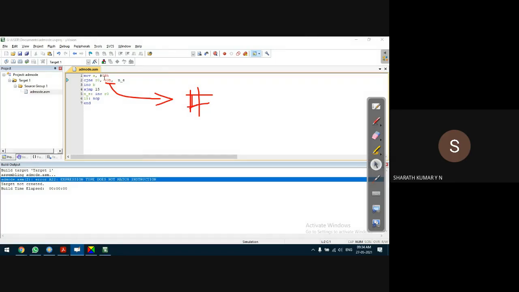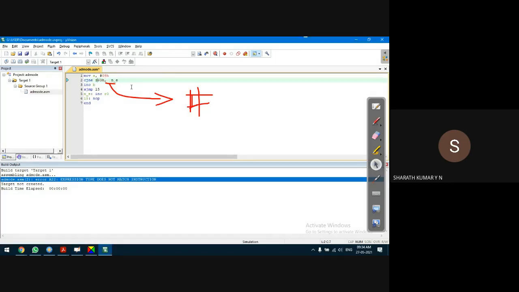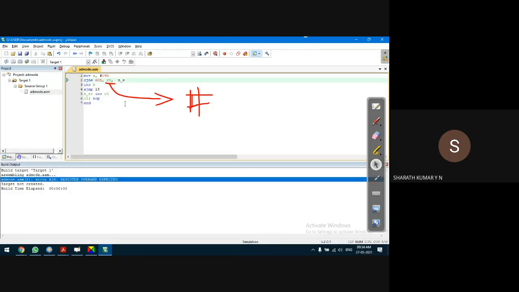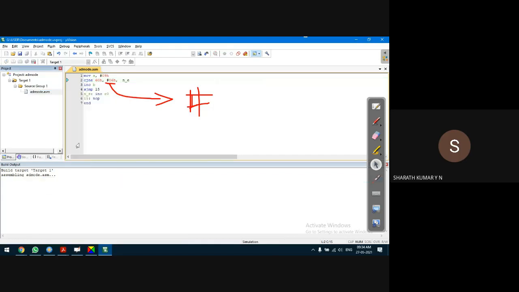I'll test it like this. Let us take the destination as an address and the source as an immediate data. Of course, even if you try with the source as a register, it doesn't work. Build target. Register operand expected, so not possible. Let us take the source as immediate data, say 06H, just to check what the possibilities are with the instruction.